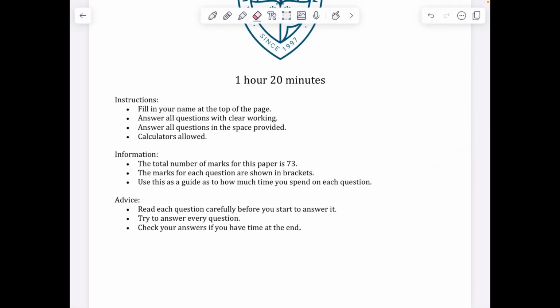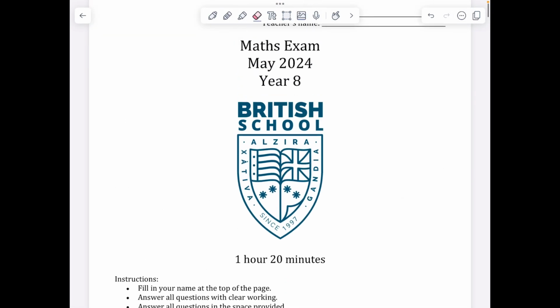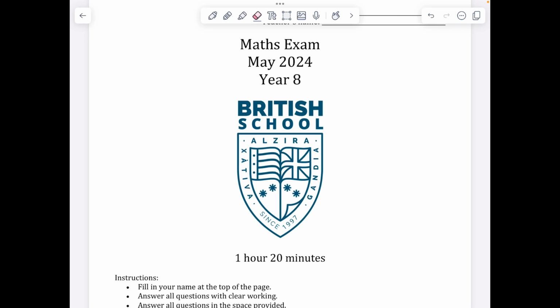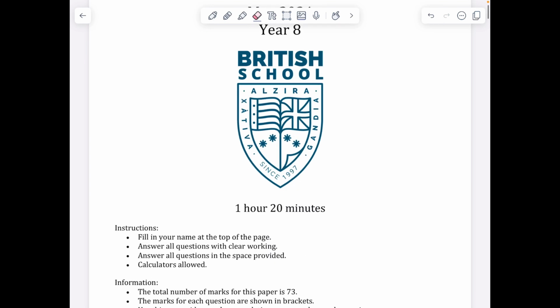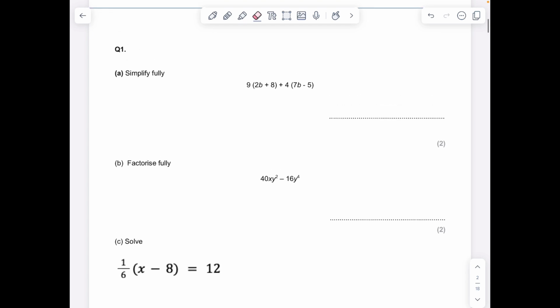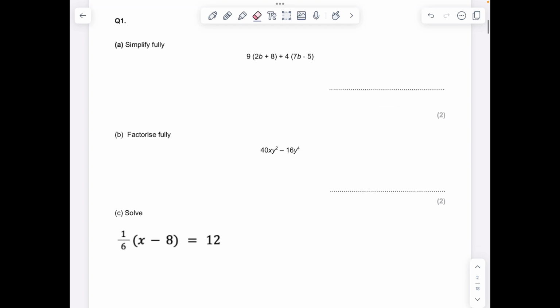Okay, it's that time of year again where we go through the maths exam, and obviously it's easier as a video so that you can rewind, pause it, or fast forward as you need. Okay, so the first one, we're going to expand and simplify. Now, you don't have to use the grids, and some of you are really confident without using the grids,